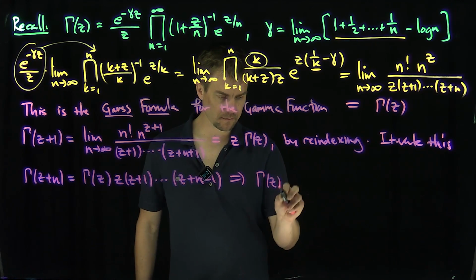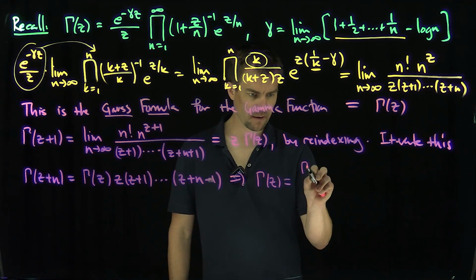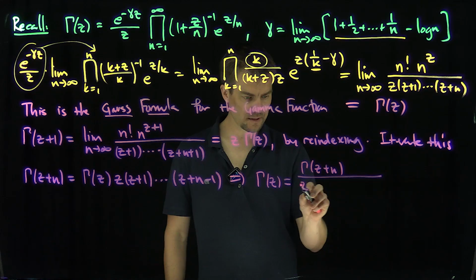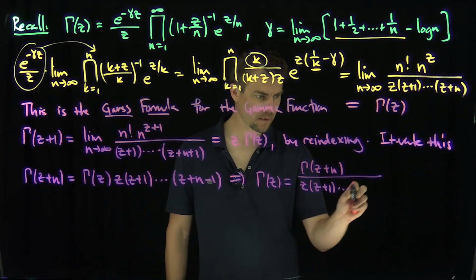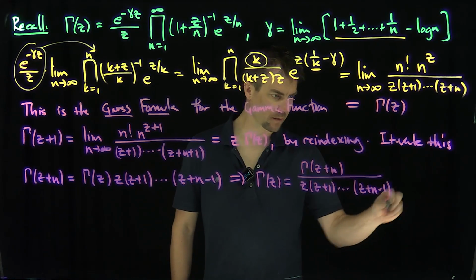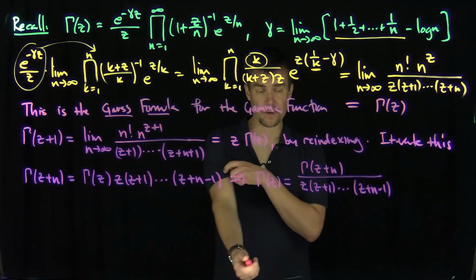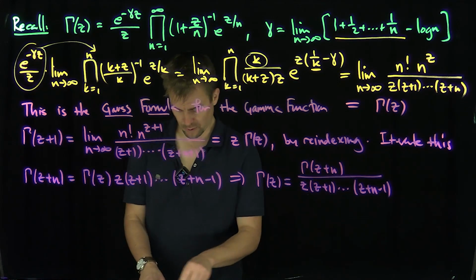This is written as gamma of z is equal to gamma of z plus n divided by z and then z plus 1, all the way down to z plus n minus 1, okay? Now, why is this useful over here? Because we know that gamma has simple poles, right? Gamma has simple poles. So since gamma has simple poles,